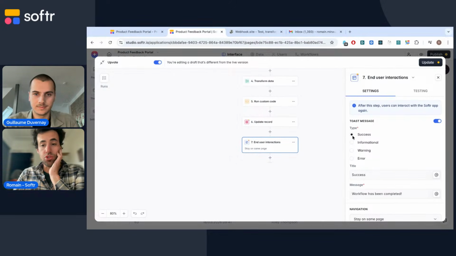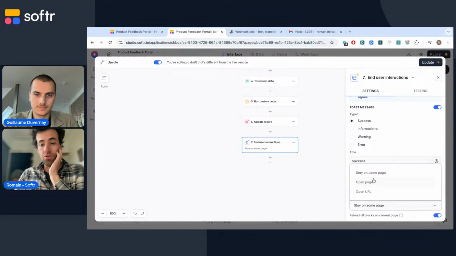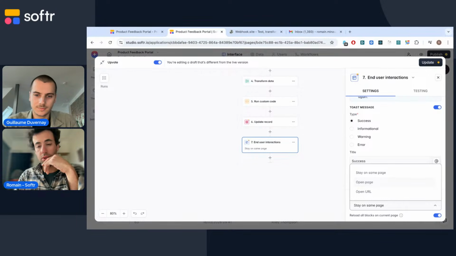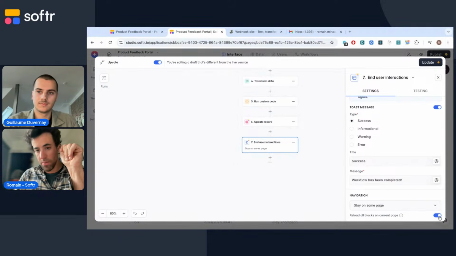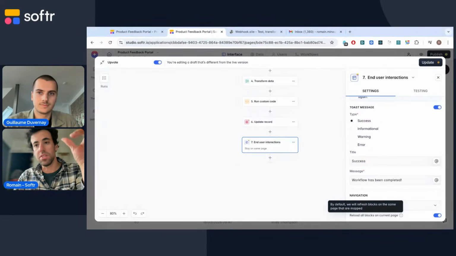Here we are going to show a success toast message, and potentially we could redirect the user to another page, open a different URL, an external URL. And here it's important, we will enable the reload all blocks on current page so that the value of the votes is automatically updated.